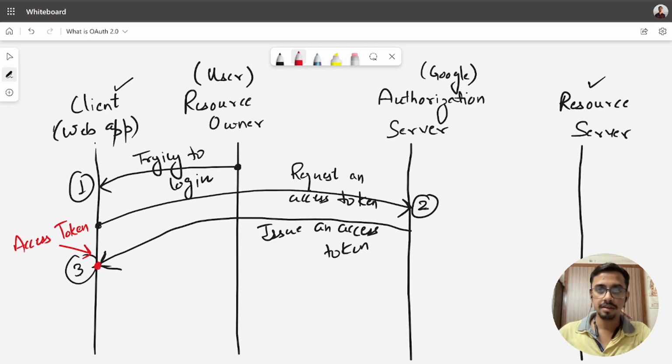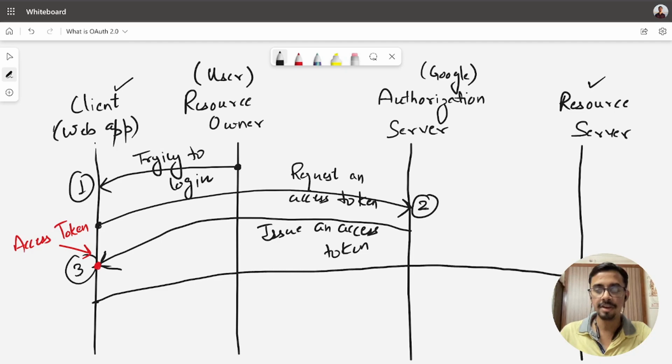And now because the client has something using which it can access protected data from Google, it will now go to the resource server of Google, the microservice that will provide the user data, at least that much data that will help the client to recognize the user, such as his name, email, and his profile picture, right?